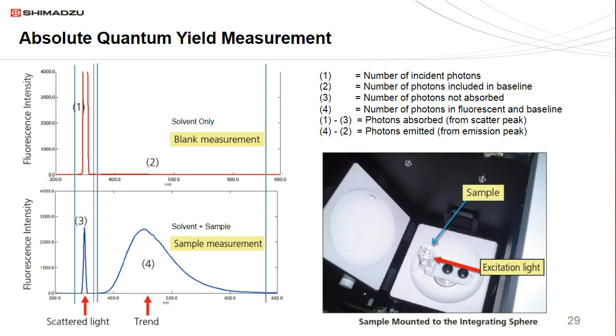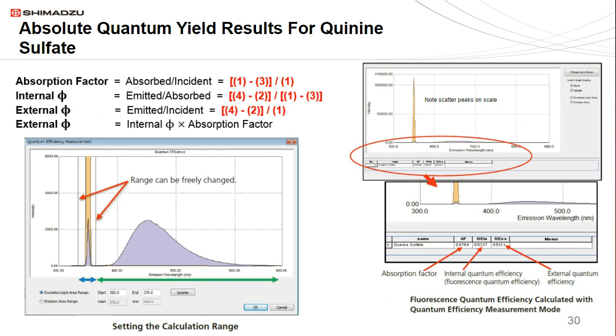Over on the right, you can see that the photons absorbed is calculated from the Rayleigh-Tyndall scatter peak with 1 minus 3, the blank minus the sample Rayleigh-Tyndall, and then 4 minus 2, which is the sample emission minus the blank emission. So the mechanics of doing an absolute quantum yield, again, the software does all the heavy lifting. All you're doing is making 2 measurements of the solvent and the unknown,